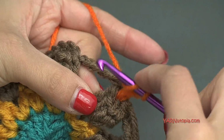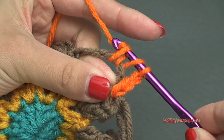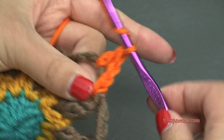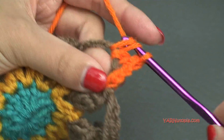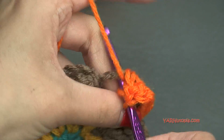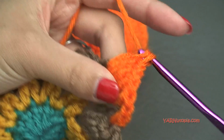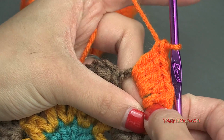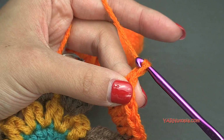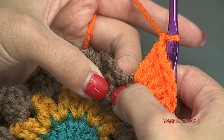So yarn over, go into this chain 6 space, yarn over, pull through, yarn over, pull through 2, and yarn over and pull through 2. So that's 1, 2, 3, 4, and 5. Okay, so we just put 5 double crochet in this next chain 6 space, and now we're going to chain 1, so yarn over, pull through, and then we're going to single crochet into the top of